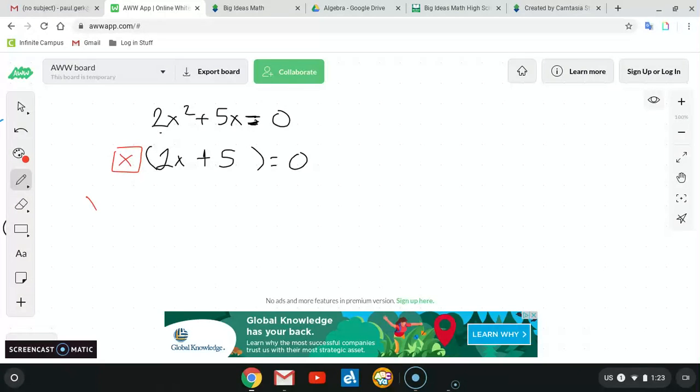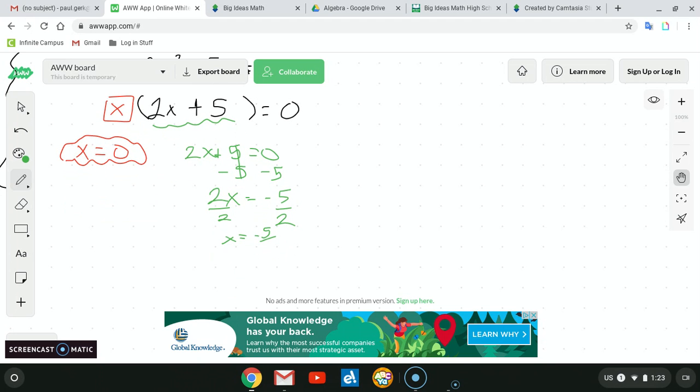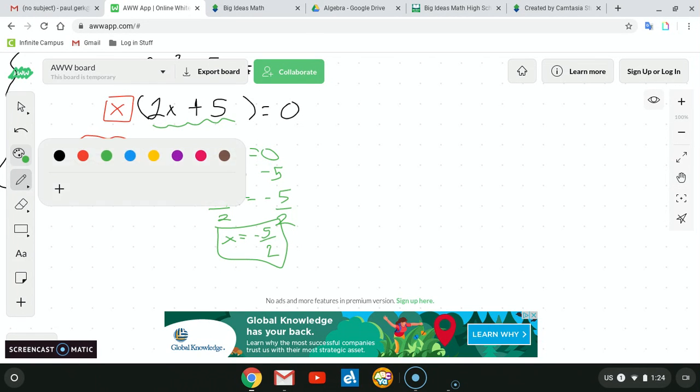This one, all I have is an x. x equals 0. We're done. This is our first answer. All right, this one, 2x plus 5 equals 0. Got two steps here. We got to subtract 5. 2x equals negative 5. Divide by 2. All right, so our x is negative 5 over 2 is our answer. Okay, so our roots in this situation are 0 and negative